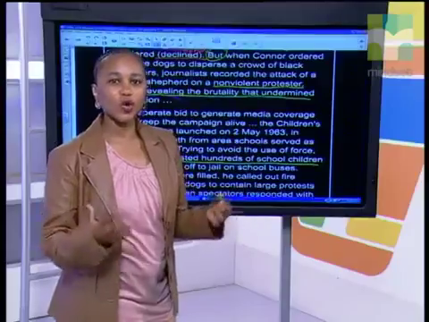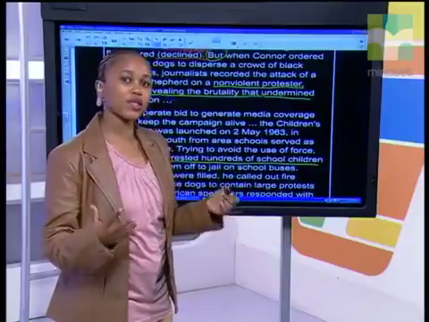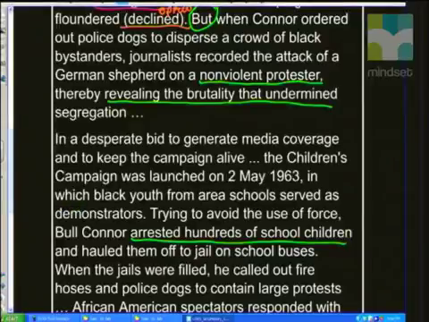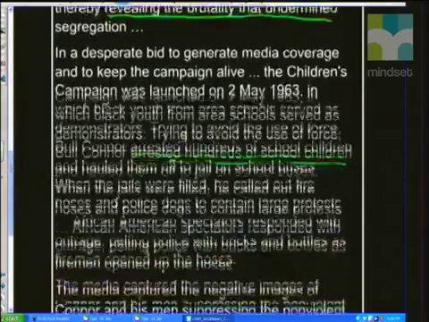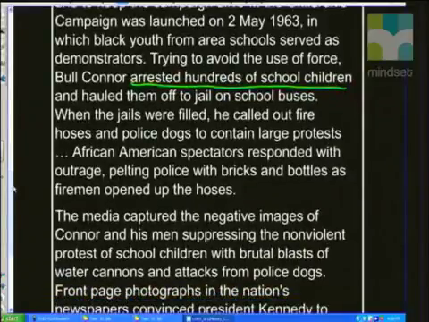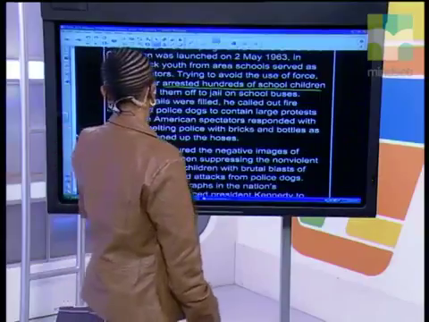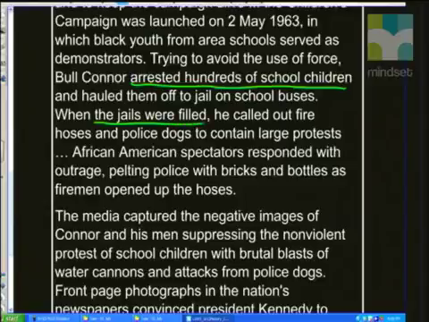Obviously, that is going to cause a reaction from the people because these were school children who were arrested, and hauled them off to jail on school buses. And when the jails were filled, so that means there were lots and lots of these students in jail, he called out fire hoses and police dogs to contain large protests. Okay, now again, this is where cause and effect come in. It's because the jails were filled. So the jails were full. So this is the